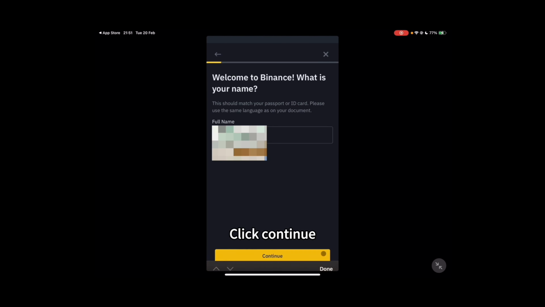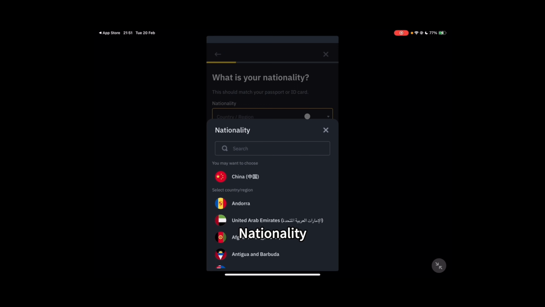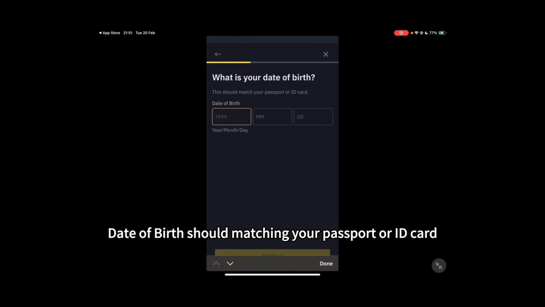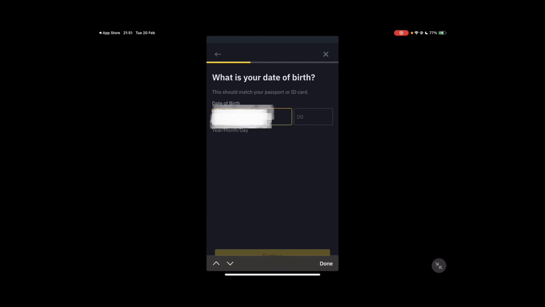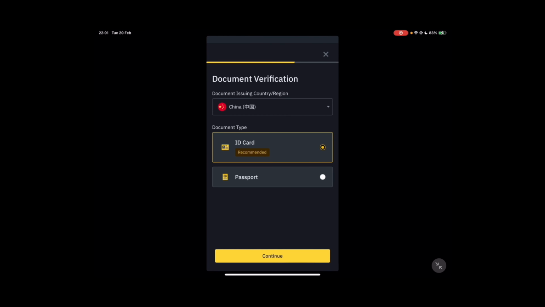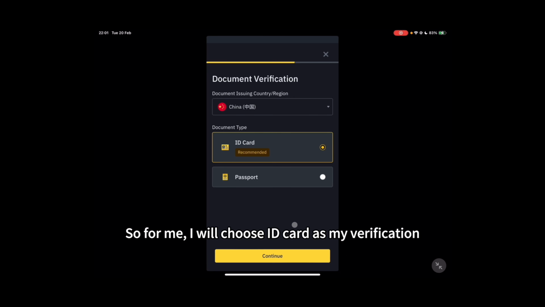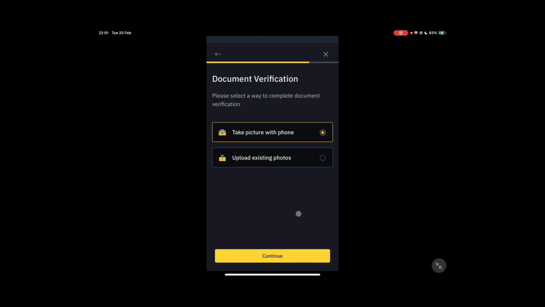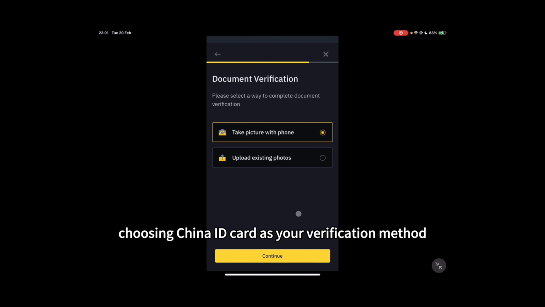Click continue. Nationality, date of birth. Please also remember date of birth should match your passport or ID card. So for me, I will choose ID card as my verification. Click on continue. So if you're choosing China ID card as your verification method, you will need to provide a